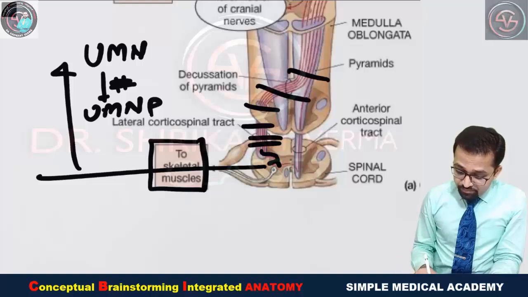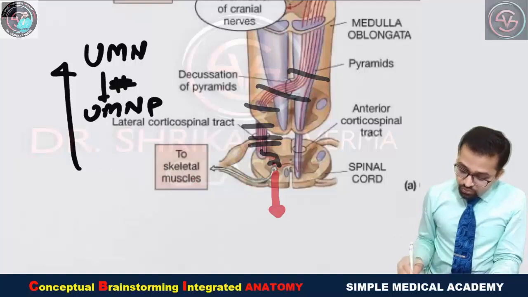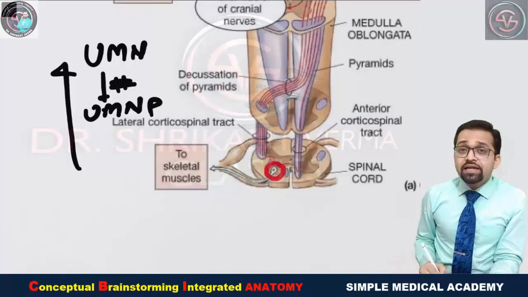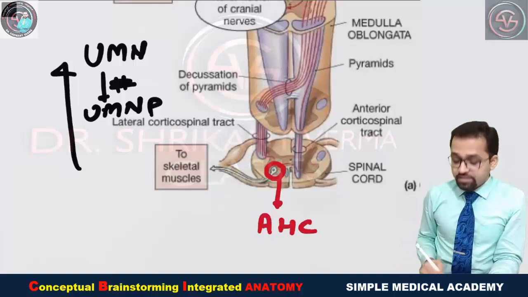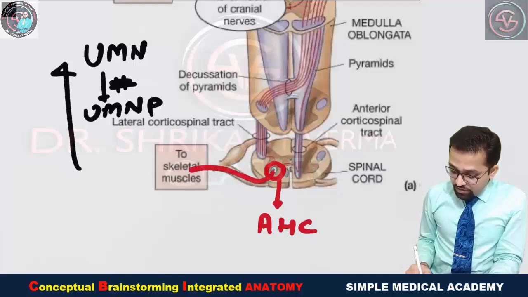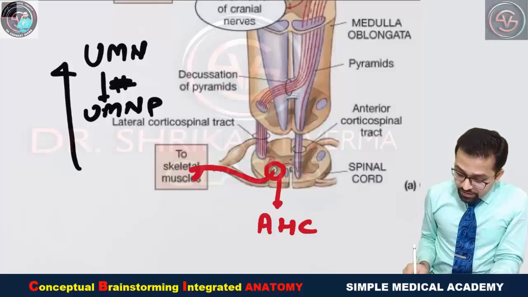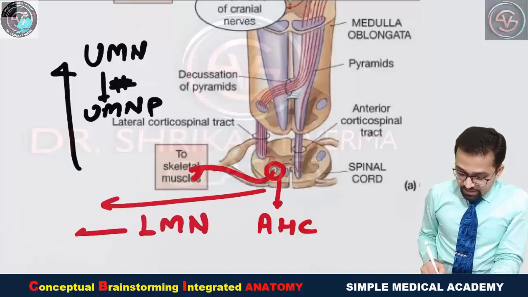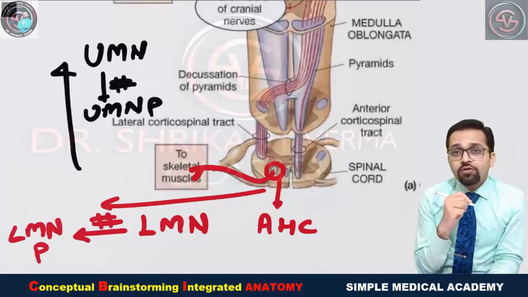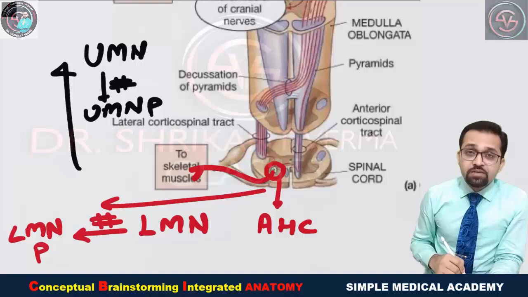Now from the same level, another neuron is taking origin. Here you can see in the anterior horn of the spinal cord, the cell located is simply known as the anterior horn cell, and from here another neuron is taking origin and supplying the different muscles of the body. So from this anterior horn cell, whatever neuron is passing is known as the lower motor neuron, and a lesion to this lower motor neuron is known as lower motor neuron paralysis. Okay, so we are going to understand these points in detail by diagrammatic presentation.